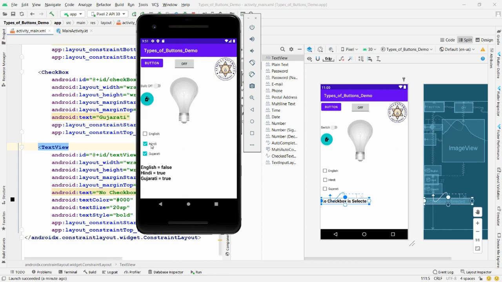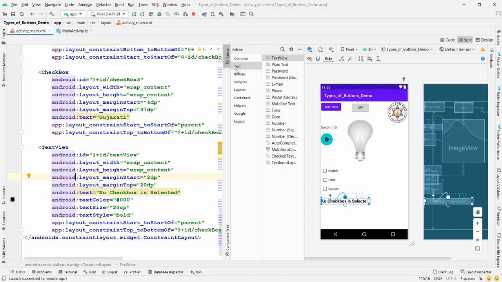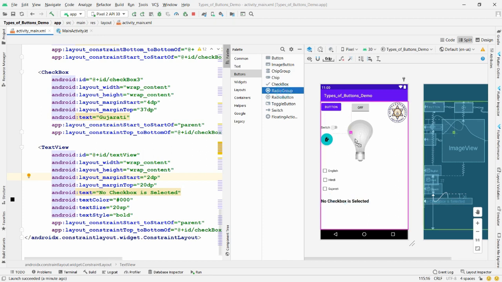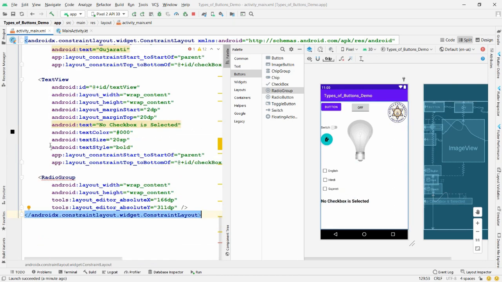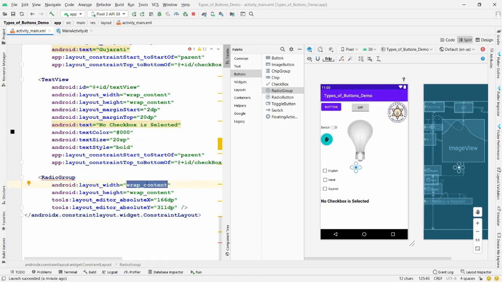It means that I can select only one item from the group at a time. So let me select over here, and that is in a button, radio group is available. You can simply drag and drop the radio group over here, and then you can simply resize the radio group. So this is my radio group, and here you can give the width, for example 200 dp,